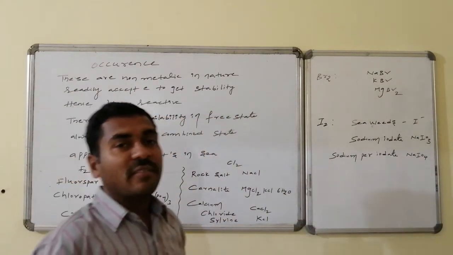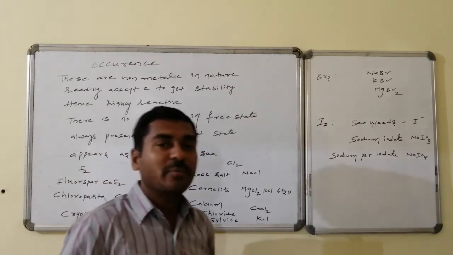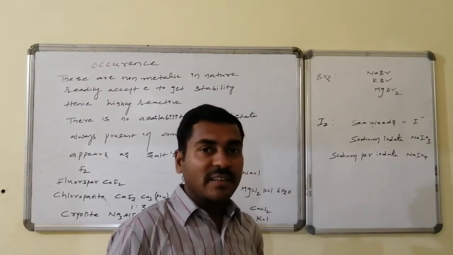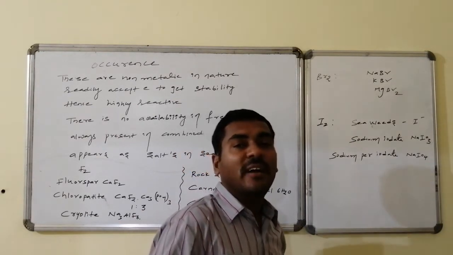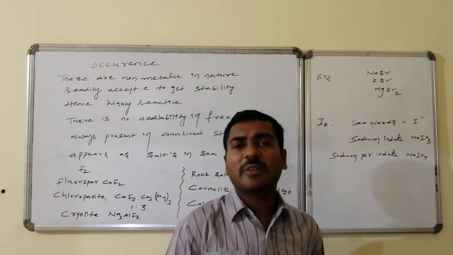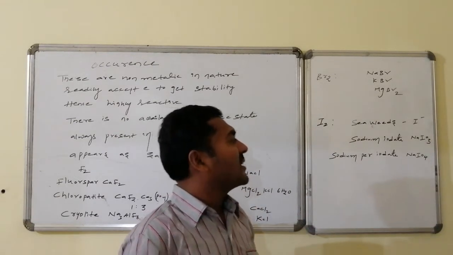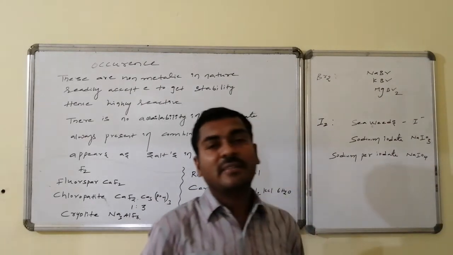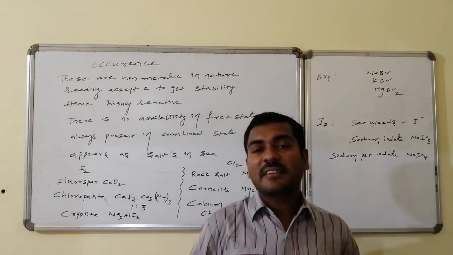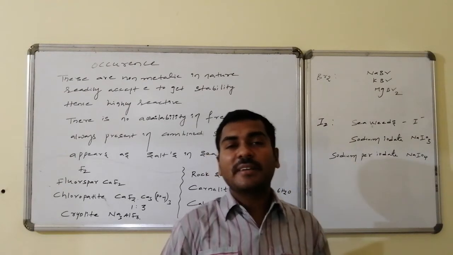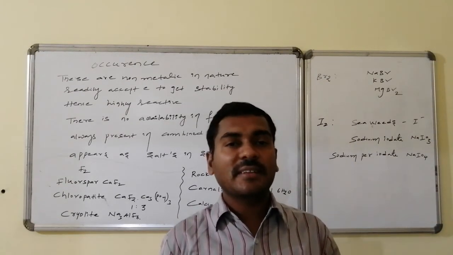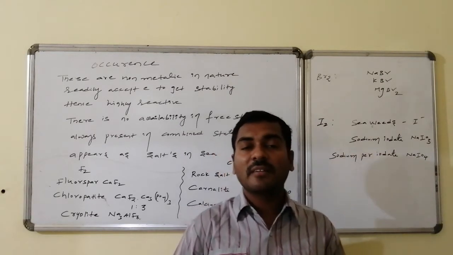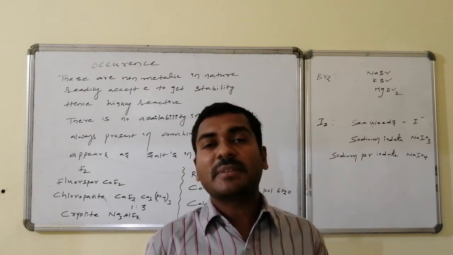Similarly, bromine is available in seawater as sodium bromide, potassium bromide and magnesium bromide. Iodine is available in seawater as iodide. Iodide implies any of the metal iodides, sodium iodide, potassium iodide, etc., and also sodium iodate, NaIO3, and sodium periodate, NaIO4. These are the natural availability of the corresponding halogens and the forms of the molecules in which the corresponding halogen atoms are present.